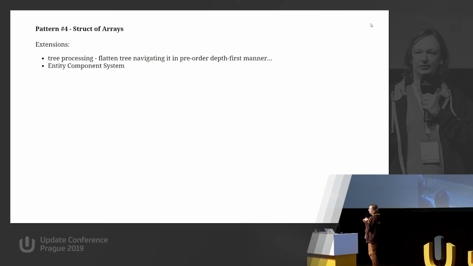If you are interested, you can Google for entity component system. Unity 3D is using it. There are also libraries for C# providing this entity component system. All this is around the same concept of struct of arrays, wrapped in something a little less ugly than the original solution that I showed you.